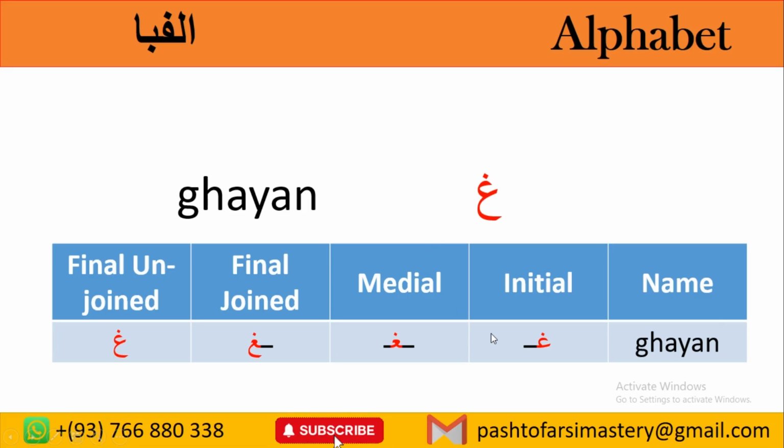This letter, with Ryan, didn't have any difference in writing and scripting. If it doesn't have a dot, it is Ain; if one dot appears, it changes to Ghain. In a word, for example, we have at the beginning of words Ghach,